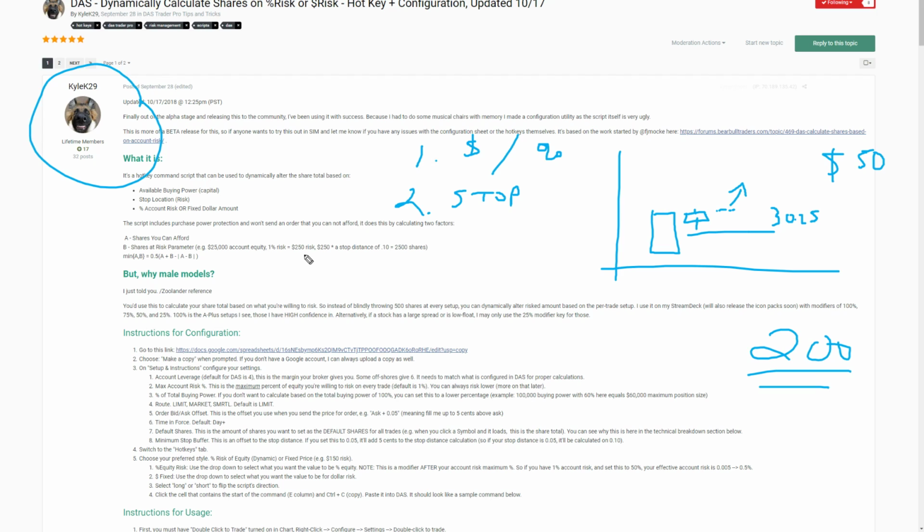So again, I encourage you guys to take a look at this. Obviously, test this in simulator. That's the disclaimer, right? Make sure it's all working for you. But for me, personally, it's given me confidence. I know that when I'm getting into a trade, I found my stop loss, I press the button, I'm risking a certain amount per trade, each and every single trade. It's standardized now. I don't have to worry about the share size